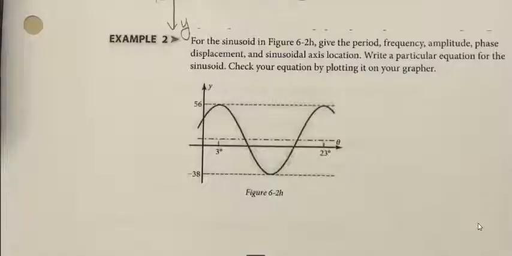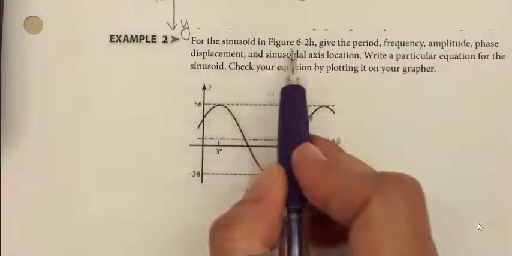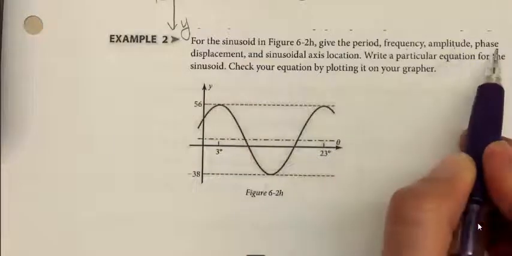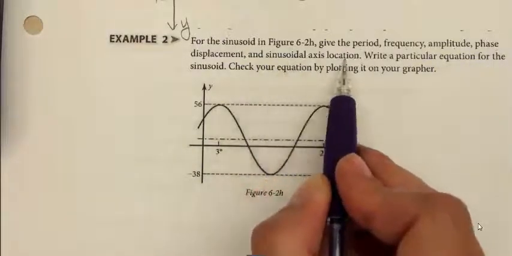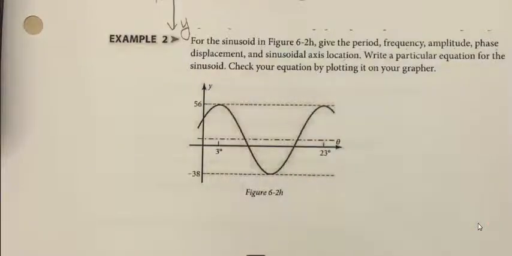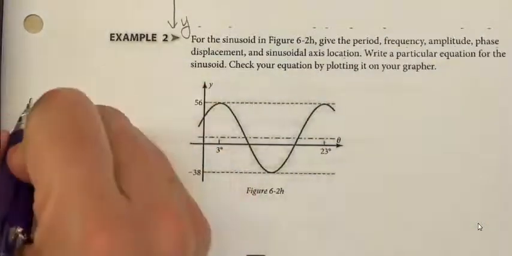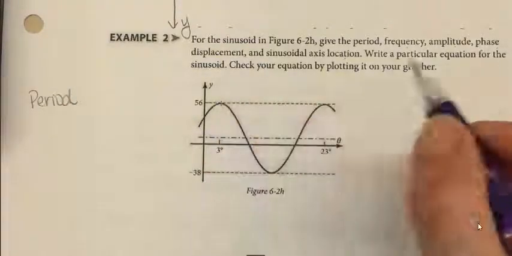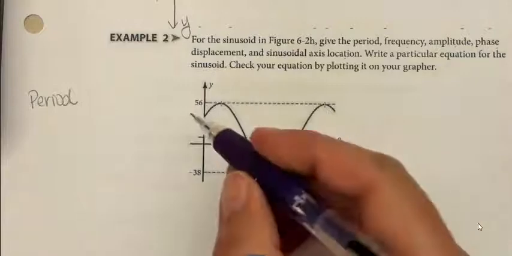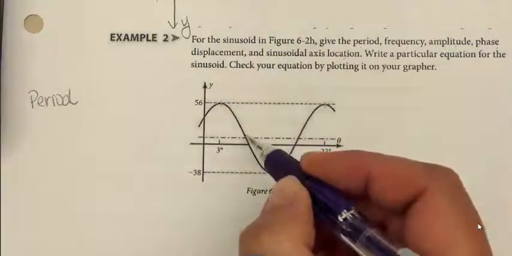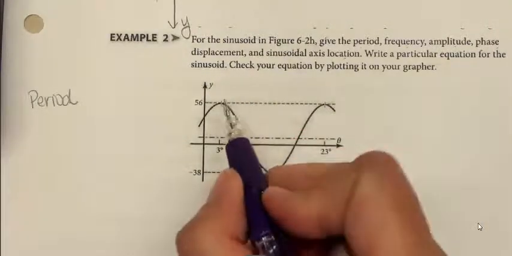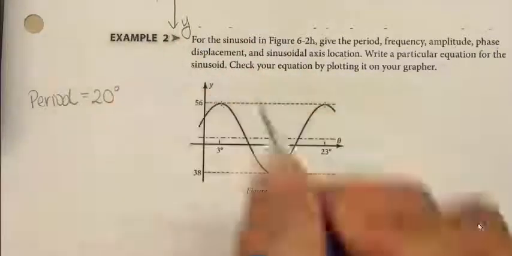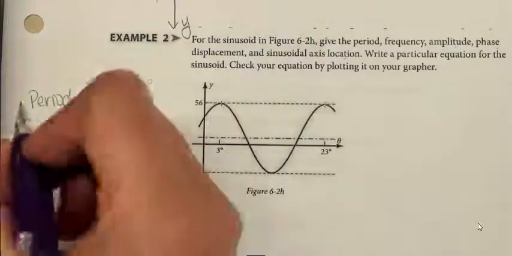Moving on to example 2, let's see, for the sinusoid in this figure, give the period, the frequency, the amplitude, the phase displacement, and the sinusoidal axis location. Okay. Let's start with our period. So I notice that this thing goes from its highest point, once again to its highest point, after going to its lowest point and touching that midline twice. I notice that it's from 3 to 23. So I believe that the period is 20 degrees, which then tells me that my frequency